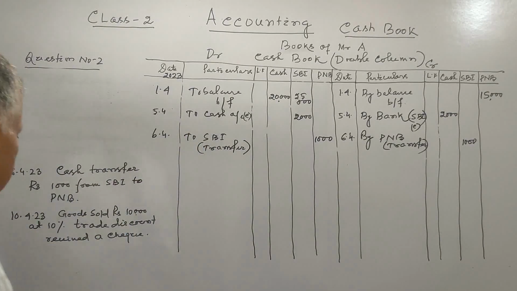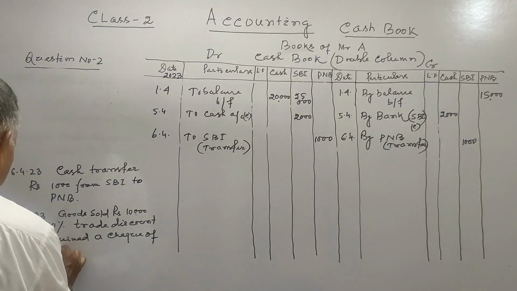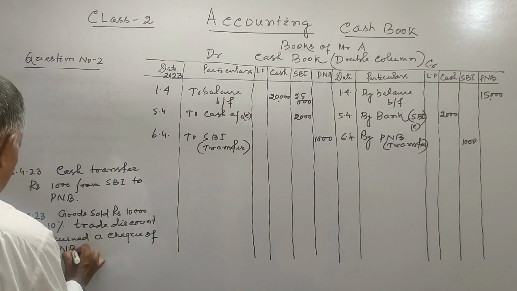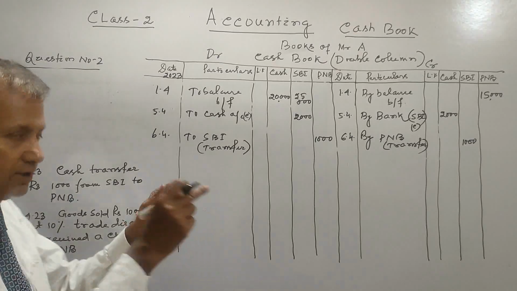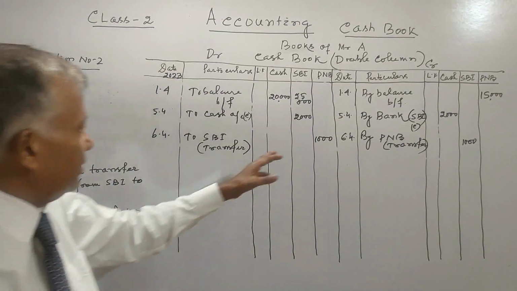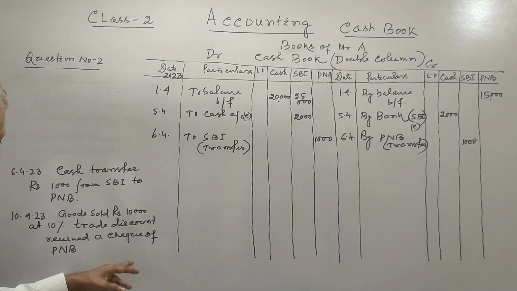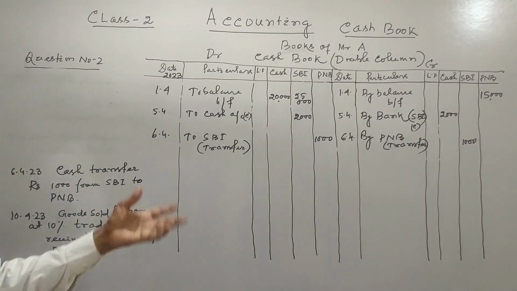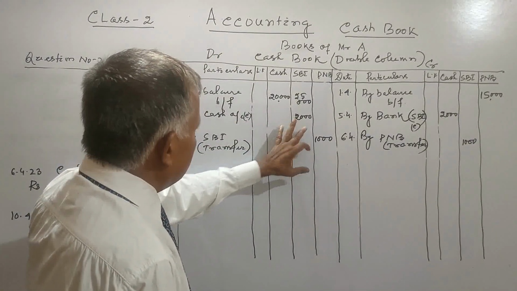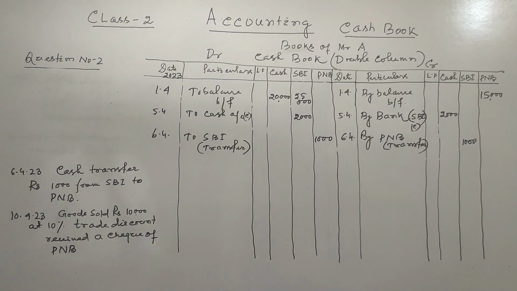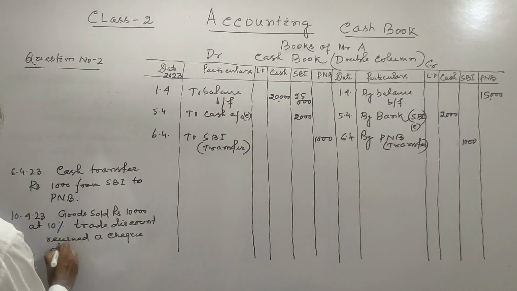And we received a check of PNB, Punjab National Bank. Because there are two banks, he received the check, he can deposit this in Punjab National Bank, he can deposit this also in SBI. Received a check, deposited